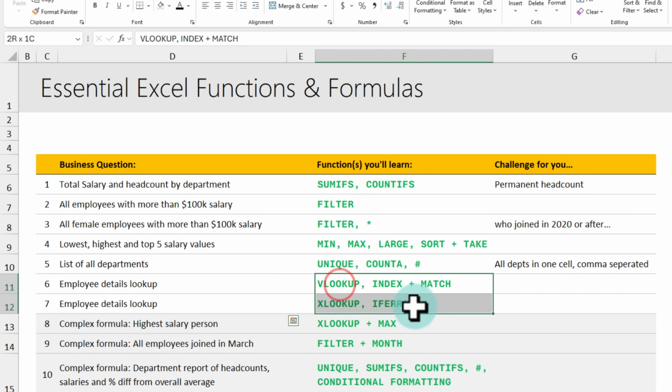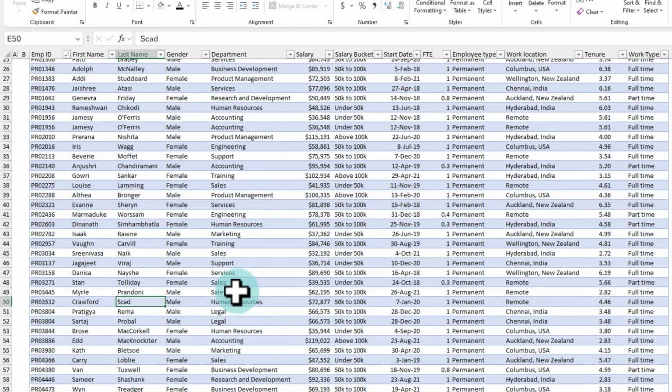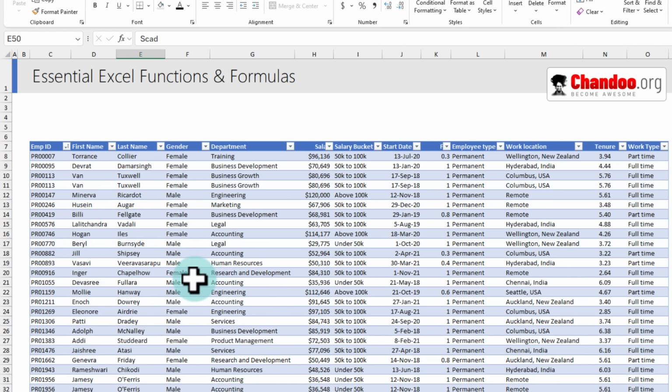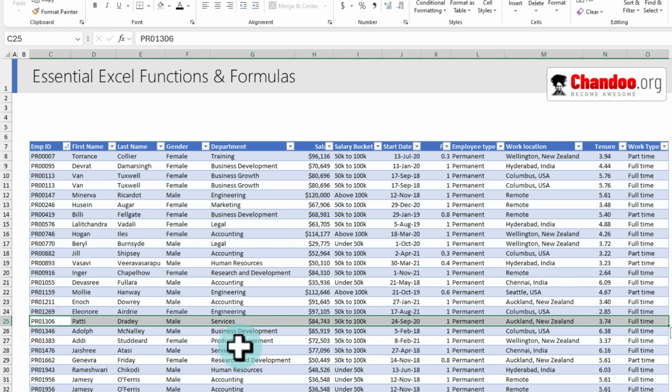And we are going to learn all of these formulas along the way: VLOOKUP, INDEX+MATCH, XLOOKUP, and IFERROR. Let's say you are looking at your data and you want to find information about a specific employee. Maybe you have their last name or you have their employee ID. So maybe you want to look at this person,